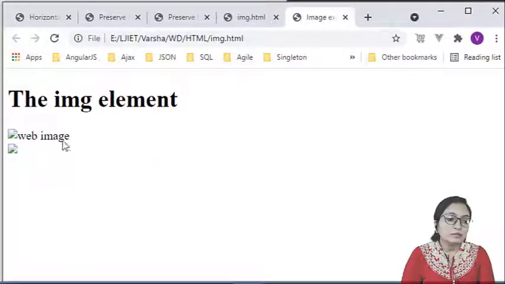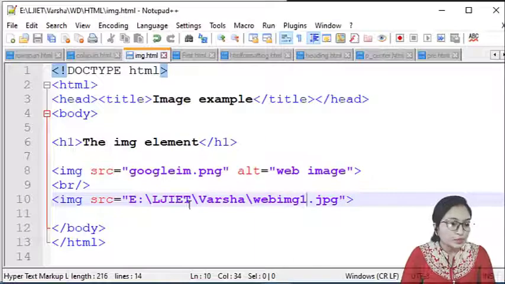See here, there is alternate text. Here we did not provide alternate text, that's why it is not displaying any. And here we provided the alternate text, that's why it displays the alternate text, web image. Got it? That is how you can use the image tag in your practical.